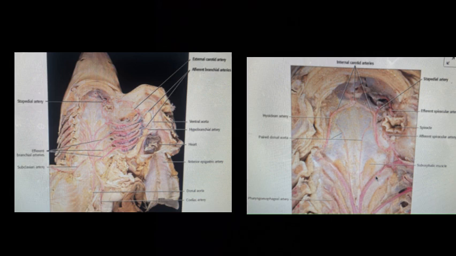The dorsal aorta continues as a pair of vessels. The internal carotid artery, which we have here, then passes through the carotid foramen to supply the brain, which is really important. The first collector loop originates in the external carotid artery, which supplies blood to the jaw muscles, which would then lead to helping the digestive system, including also the respiratory, because it needs jaw muscles to both breathe and to